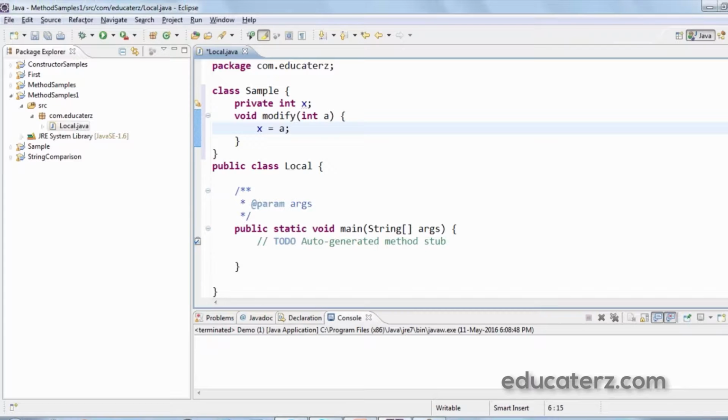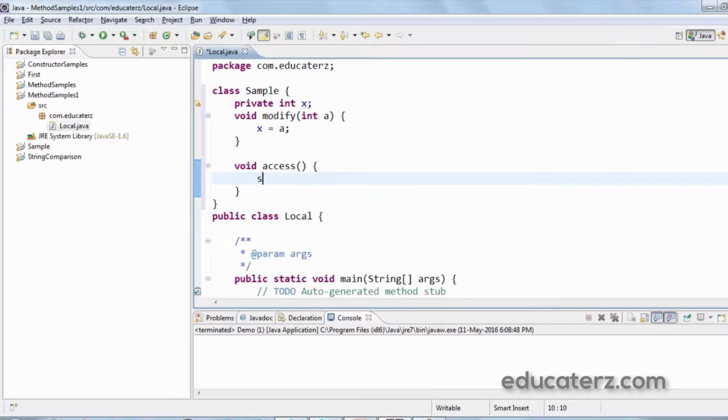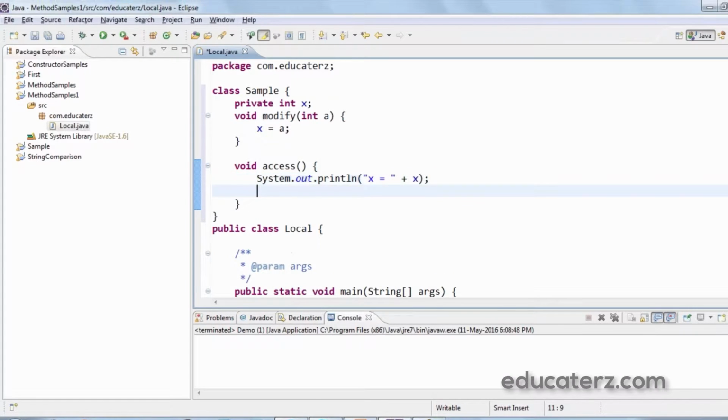So I've written x = a. Then we have got another method called access, which is just printing the values of x and a. So when I say system.out.println, I want to print the x value, and system.out.println, I want to print the a value.